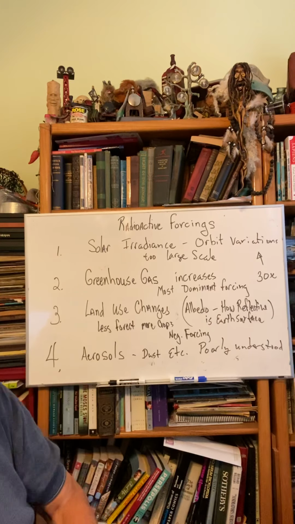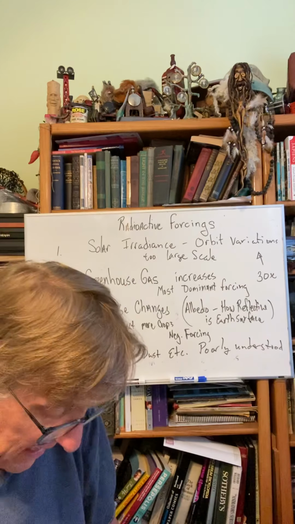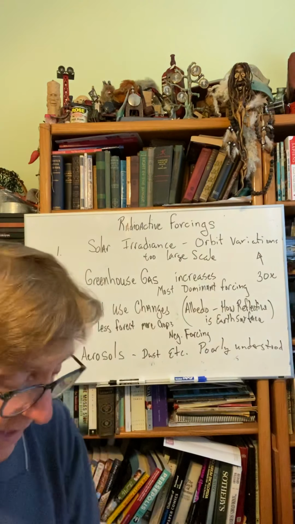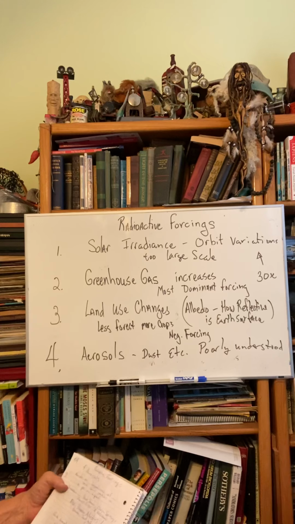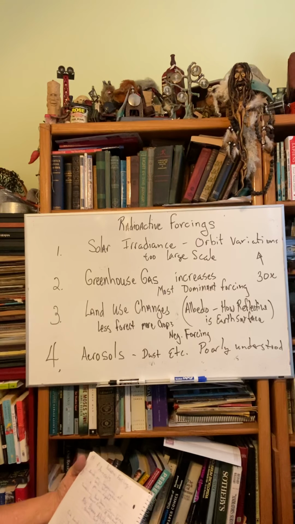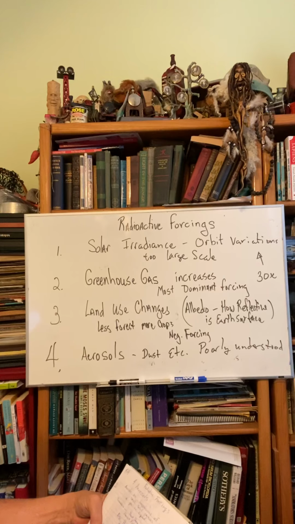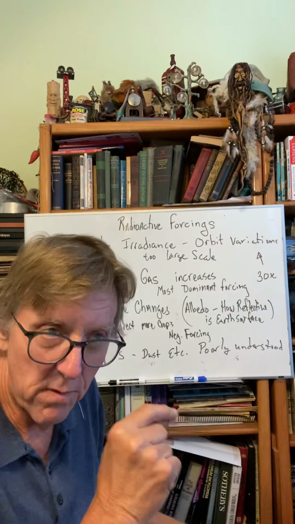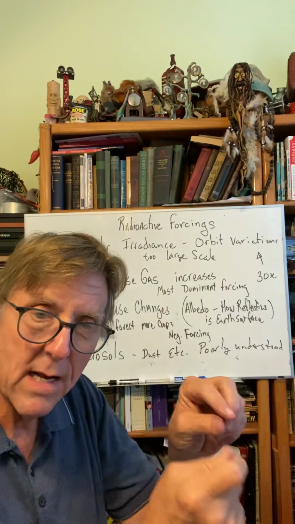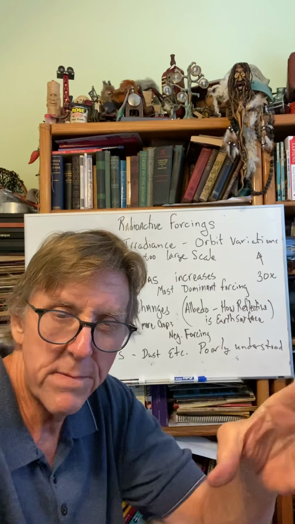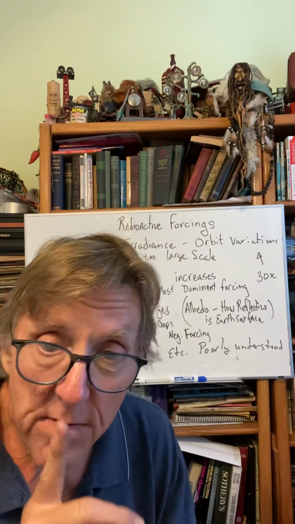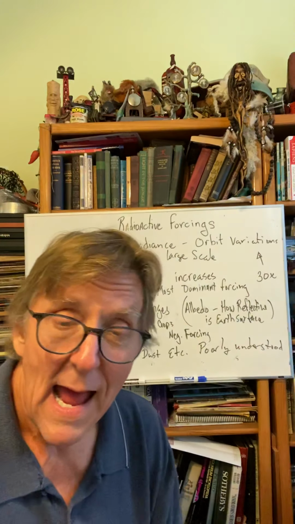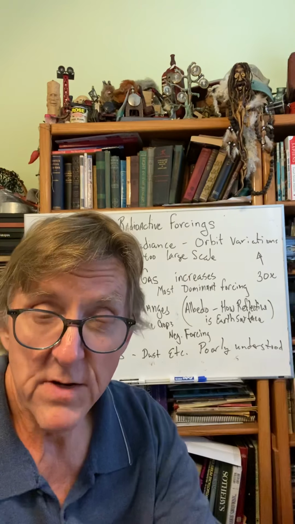The other thing, and it's admittedly difficult to get a handle on, is aerosols. These are small particles suspended in the atmosphere, and this is the least well understood factor. They're still trying to figure that part out, and depending on their size, they're either reflective or absorptive. Anyway, they take all of these factors they've studied and put them into a computer model, and they can come up with a prediction.